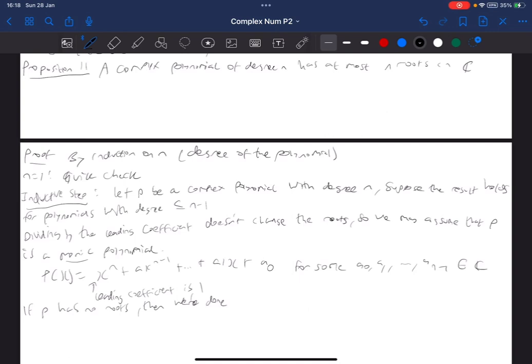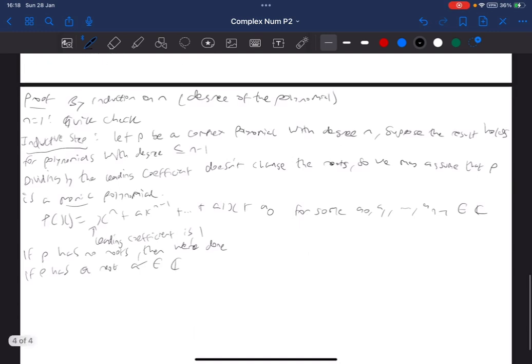So, if P has some root alpha in the complex numbers, then P of x is equal to x minus alpha times f of x, for some complex monic polynomial f